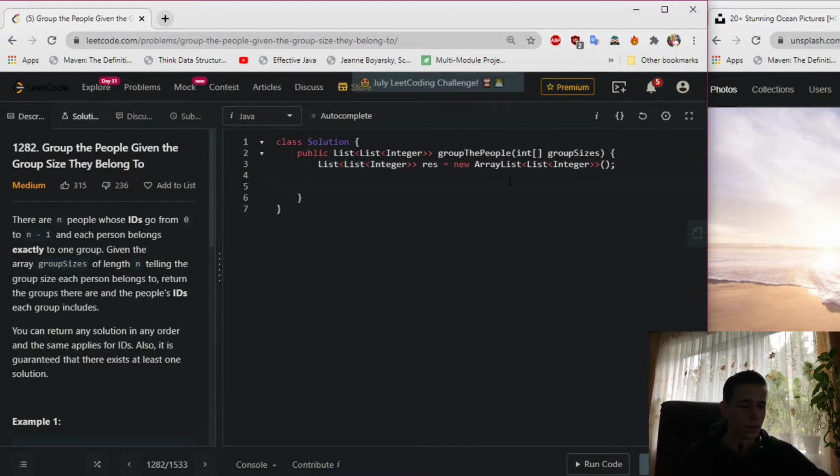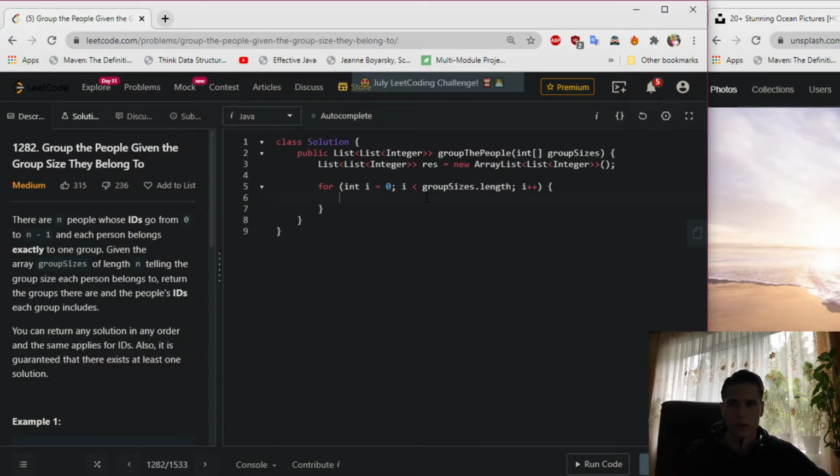Next we create the for loop. int i is equal to 0, i is less than, let's copy that, groupSizes.length, i plus plus,